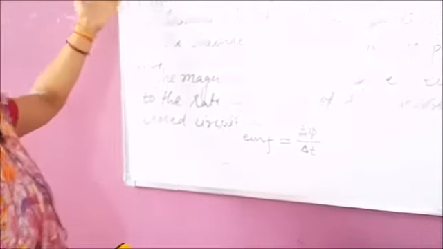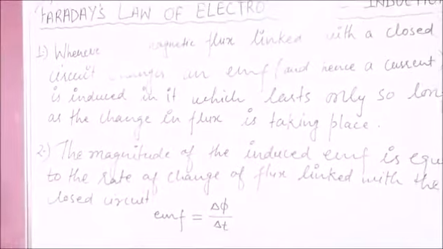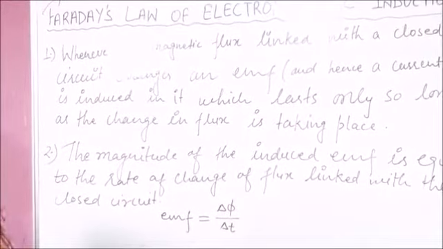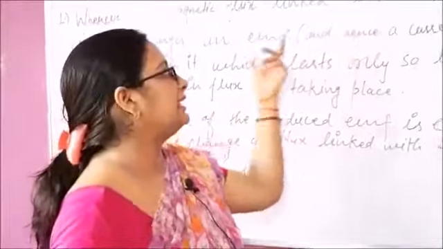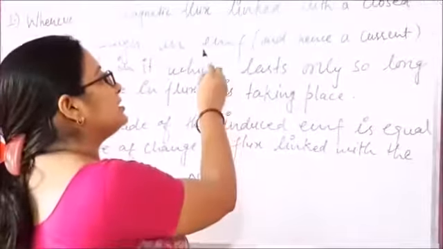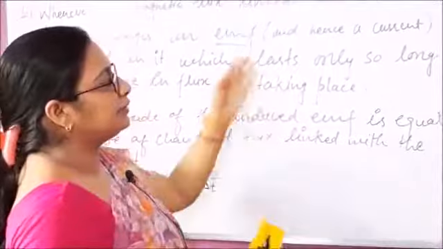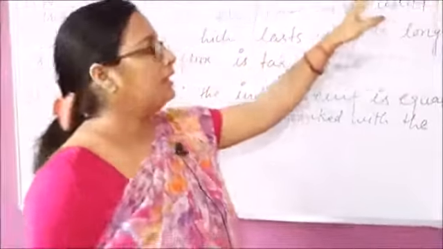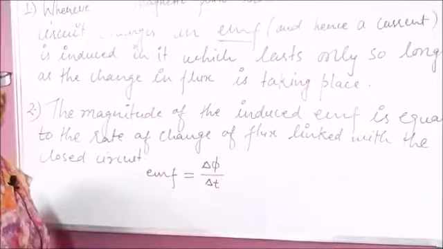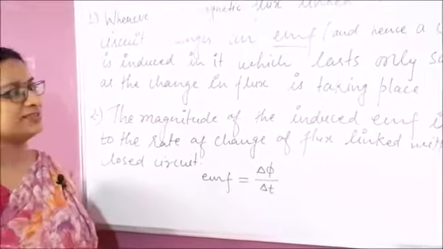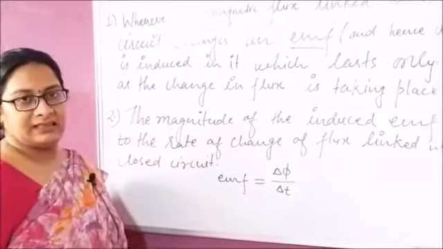According to Faraday, the first law is: whenever the magnetic flux linked with a closed circuit changes, an EMF, or hence a current, is induced in it, which lasts only so long as the change in flux is taking place. EMF is a new term for class 10 students, so you can use current, okay. Means